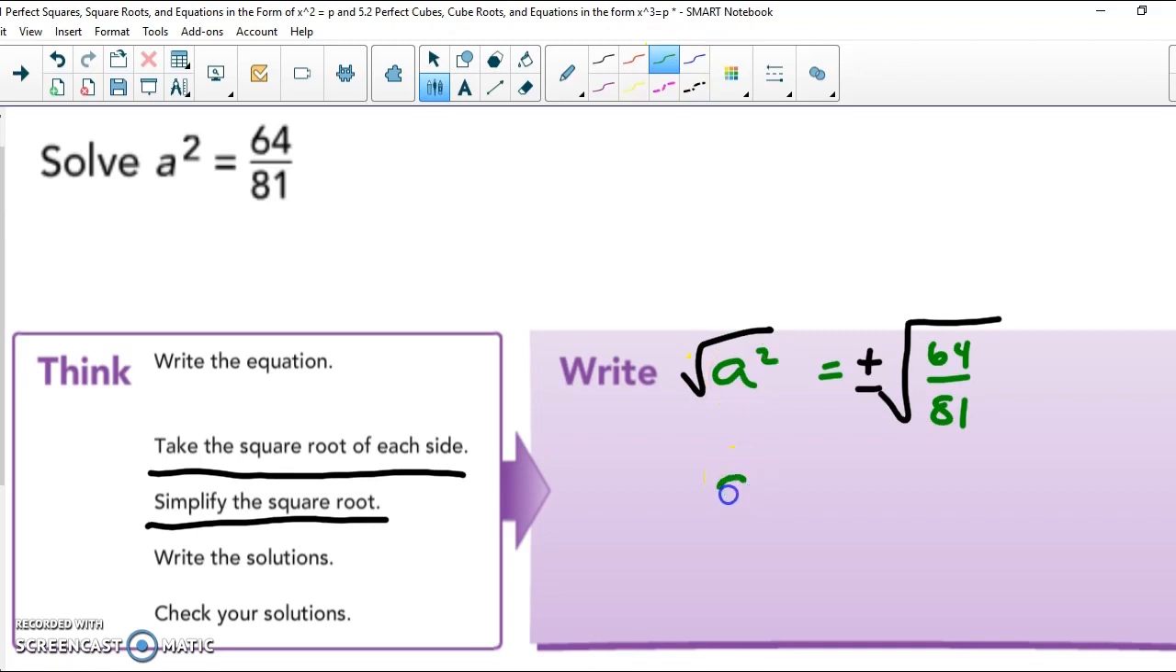So the square root of a squared is a. The square root of 64 over 81 is going to be positive and negative. I'll consider both. And now I'm simply going to take the square root of the numerator. So the square root of 64